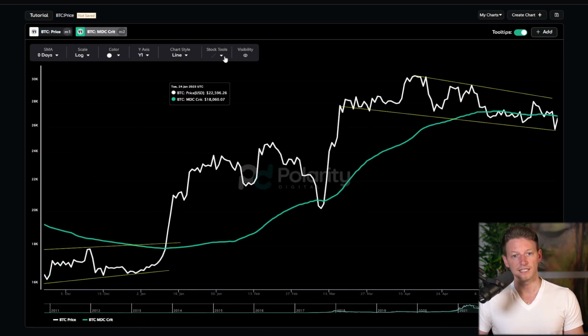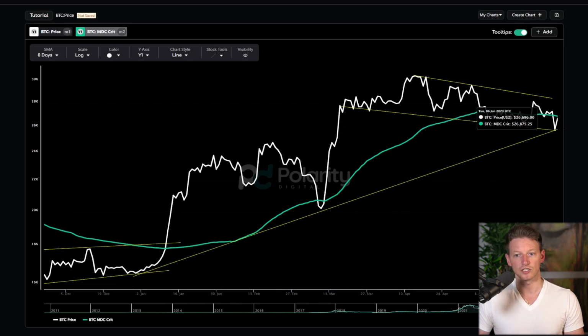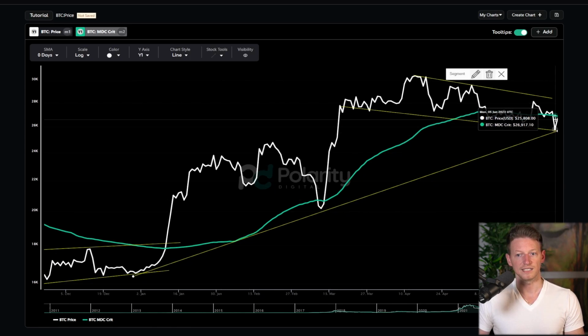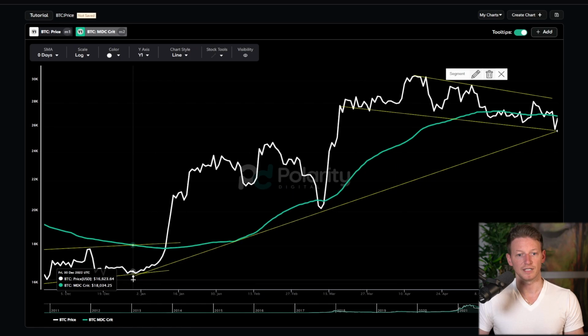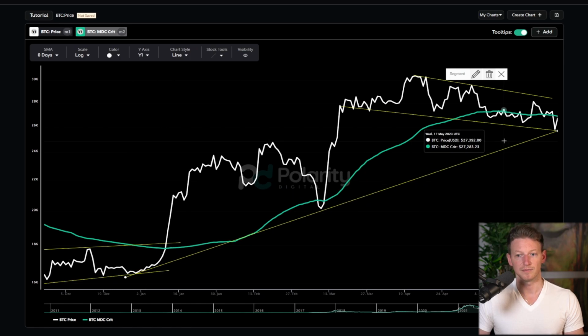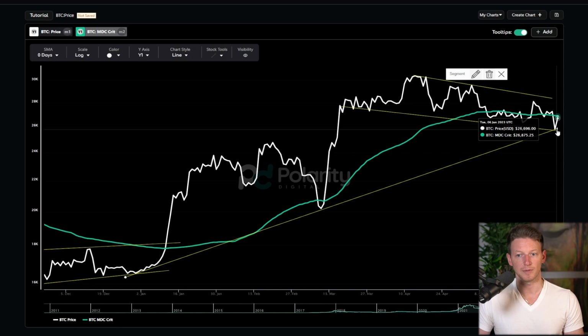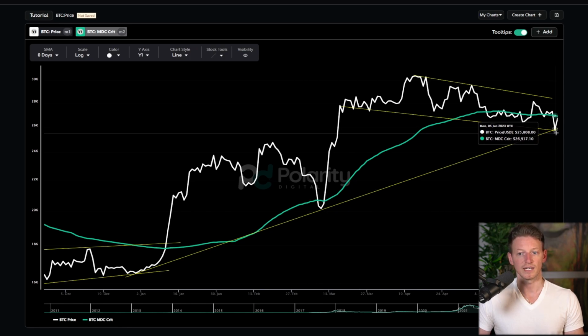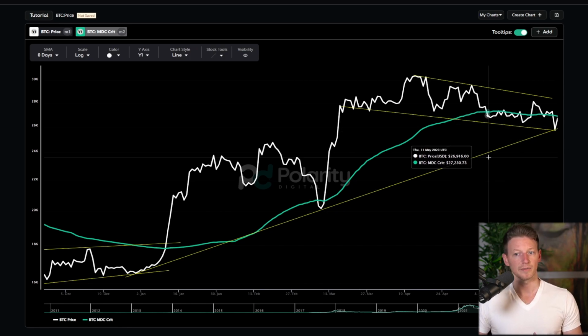Overall, we're in this longer term uptrend, and we'll just take a look at this here. We're sitting right at the support level. We bounced off of it as we would expect, anytime you come up to a rather large support level. And so now we're coming back to the MDC again. If we break above,